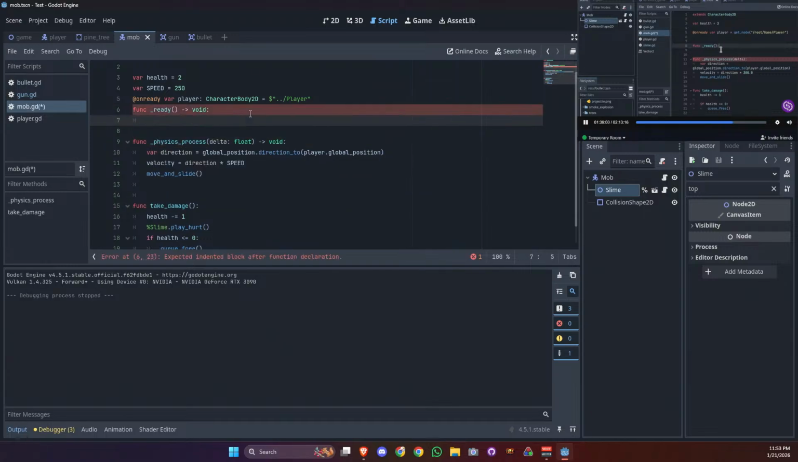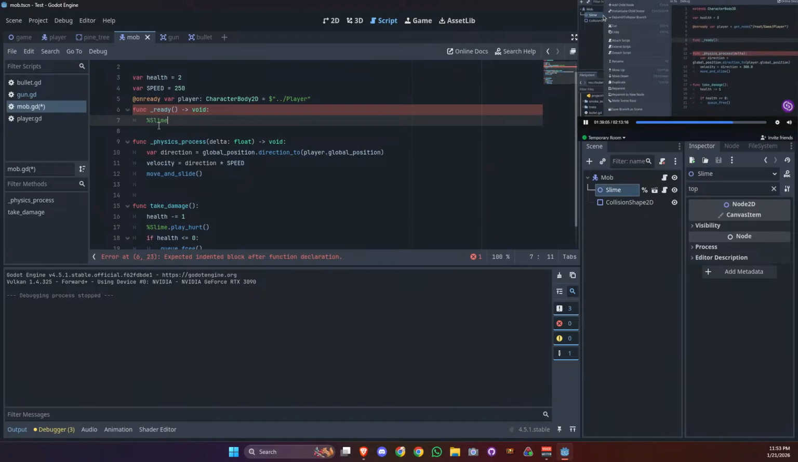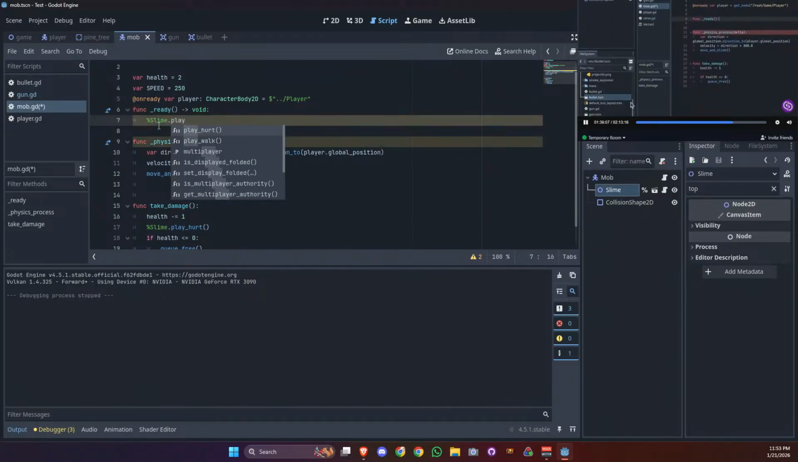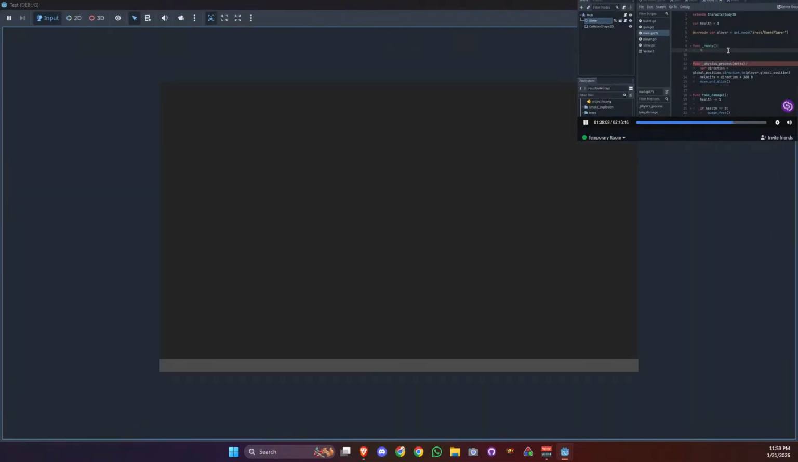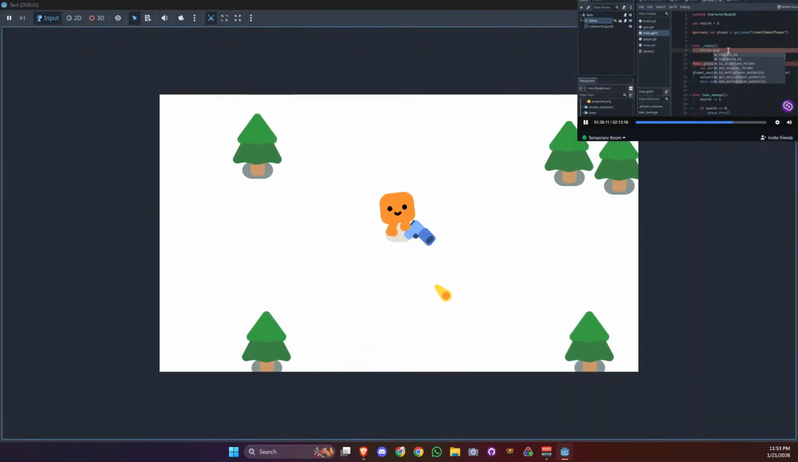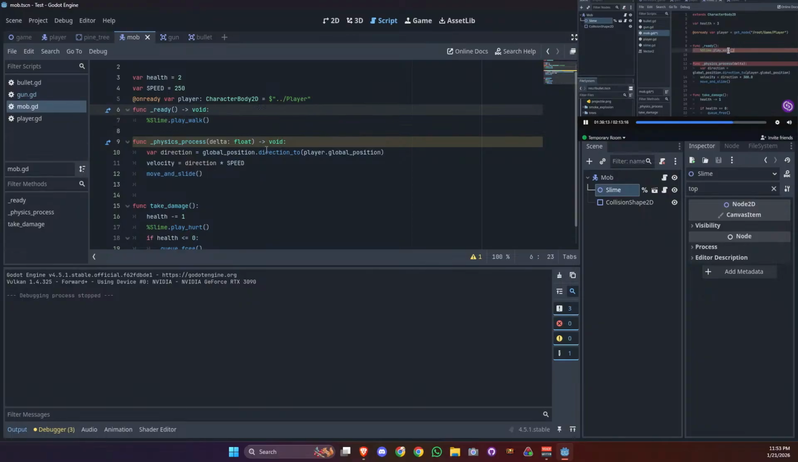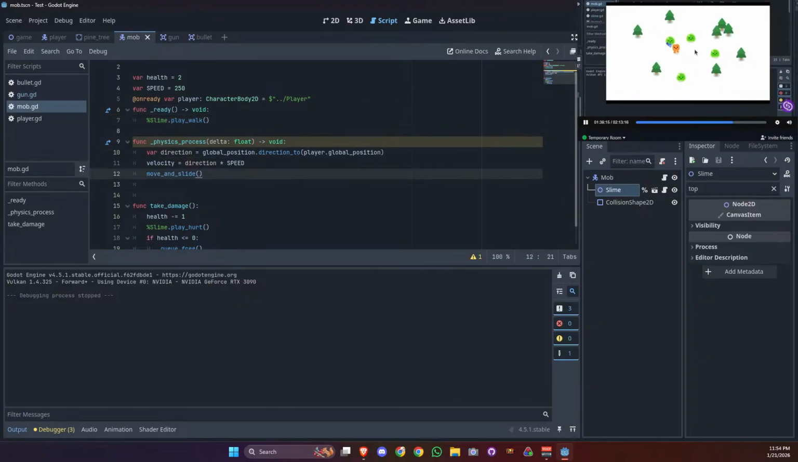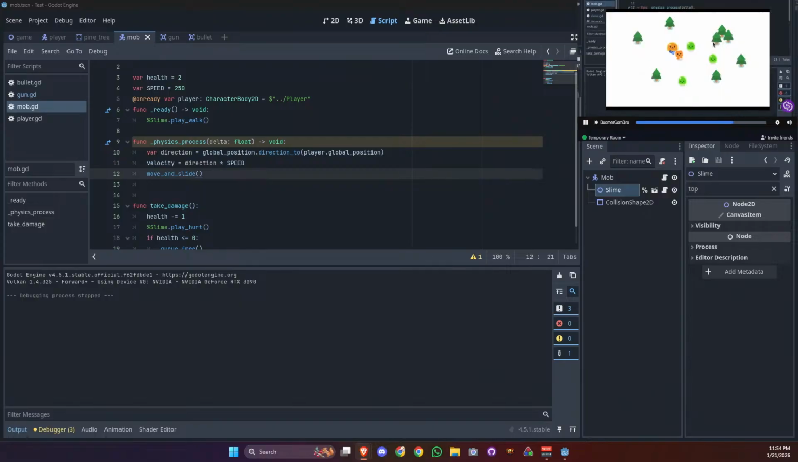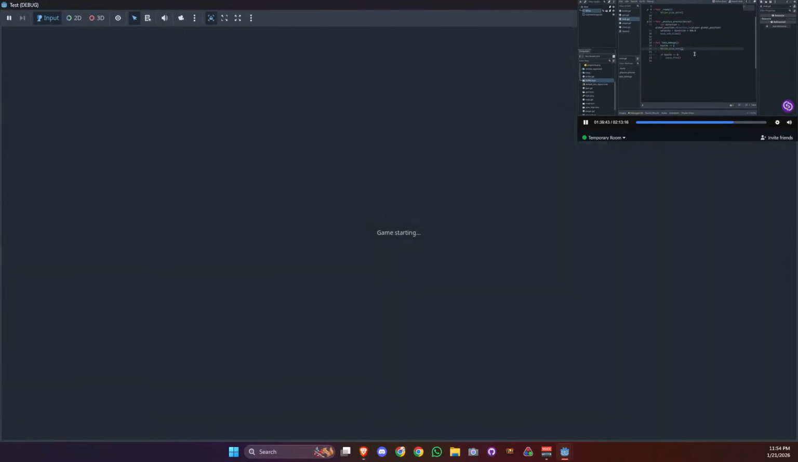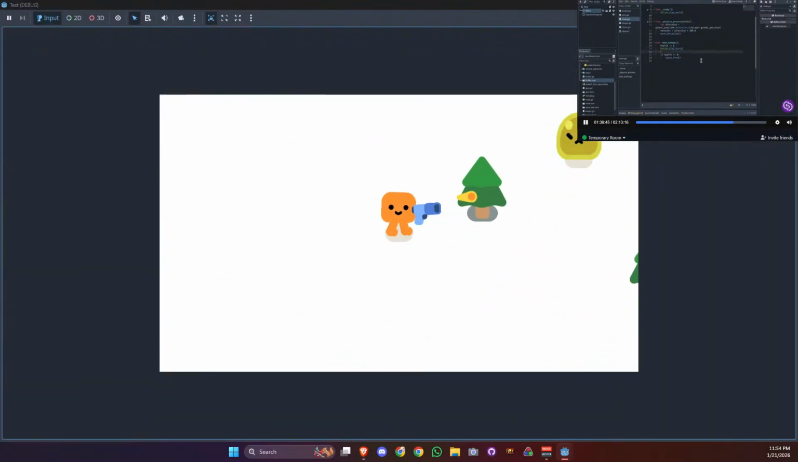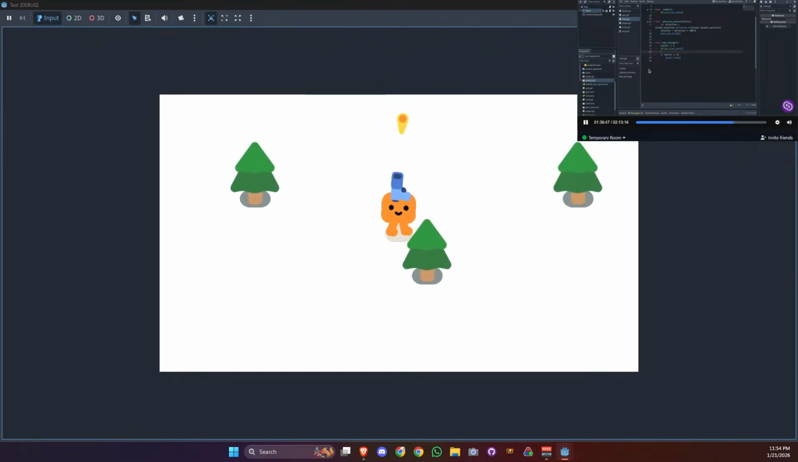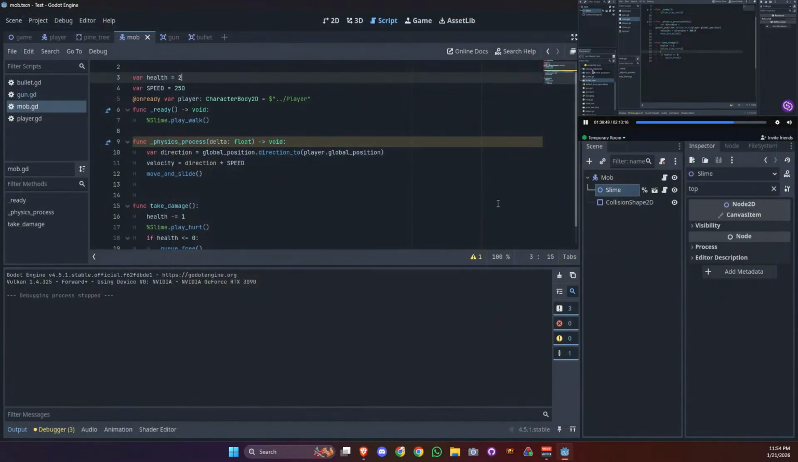So there we need to access the slime, and as we have done before, I'm going to right-click, access as unique name, so that I can write %Slime.play_walk, right? That will make the slimes play their walk animation. Each time a slime takes a bullet, they play the hurt animation. Okay, great. They disappear a bit fast,